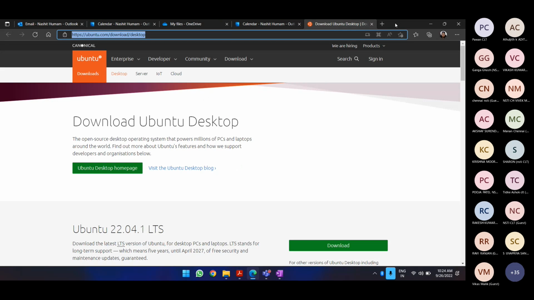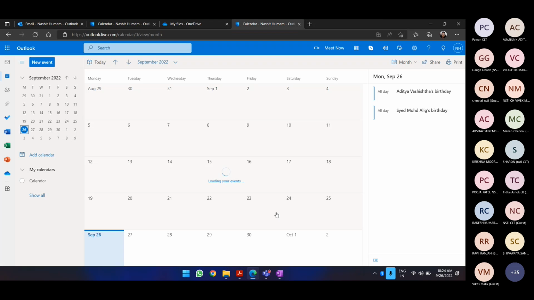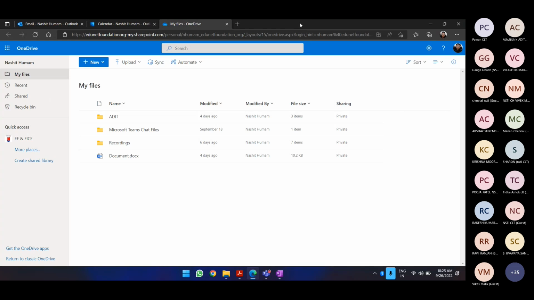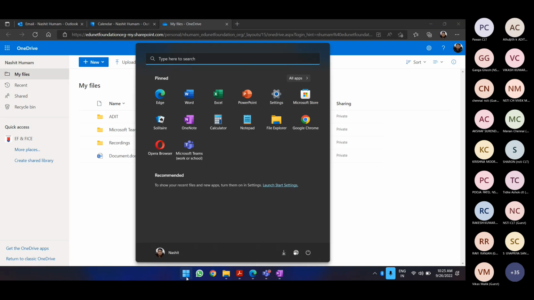But I won't suggest any one of you to go for Kali as of now, since you guys are beginners. So Ubuntu is the best option you should try. Now, this is when you have to create a different boot partition. Now, I am not interested in creating a boot partition. So what I would suggest you guys is we can run Linux distributions on our Windows machine using WSL.